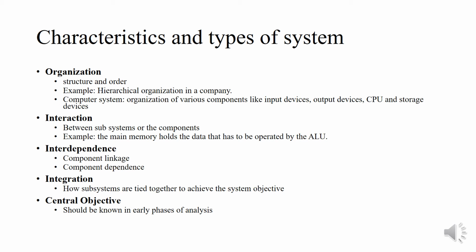So integration is very important: how you integrate the different components in the same environment. The objective should be centralized, and it should be identified before developing the system: why you want to develop the system, how the components will be designed, how their boundaries will be decided, and how the environment will be decided. Once the objective is finalized, the work can be allocated to different components, where every component can perform in an optimized way.